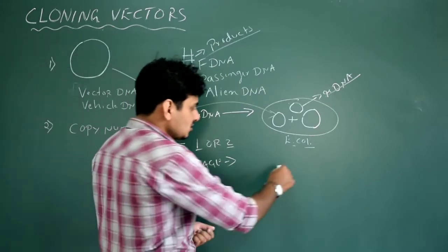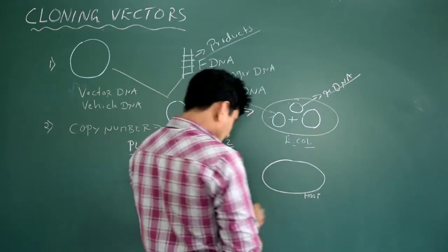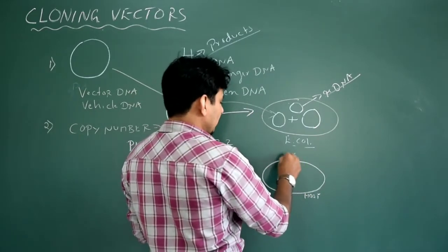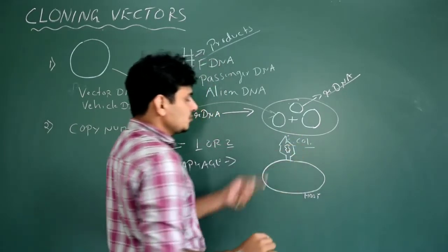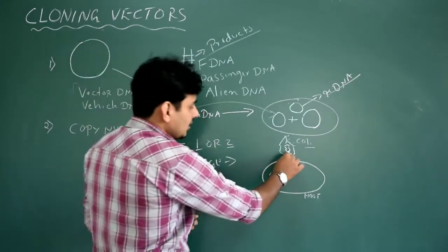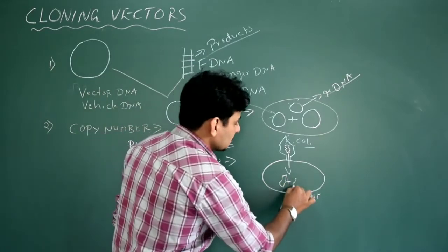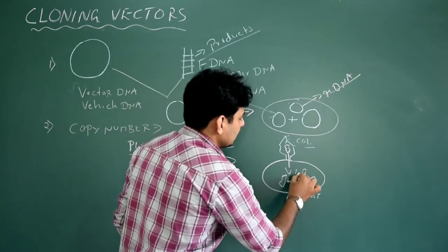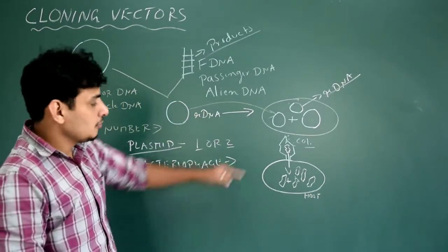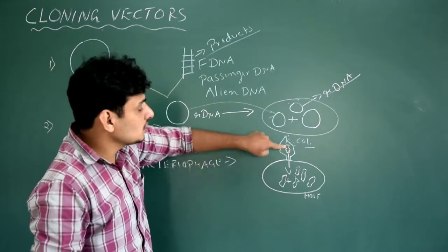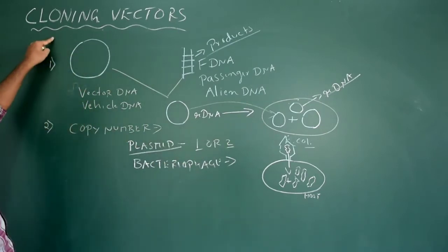So for example, we just write this is a bacterium, now this is my host organism, and I am using bacteriophage to introduce the rDNA. So I have already constructed rDNA here. So let us just assume that this white color is rDNA and it is being introduced into the host organism. Now it starts producing multiple copies of rDNA. It's nothing but replication of the genetic material. That's it. Okay, because I have ligated a foreign DNA to the bacteriophage DNA. Now the bacteriophage DNA is nothing but the cloning vector.